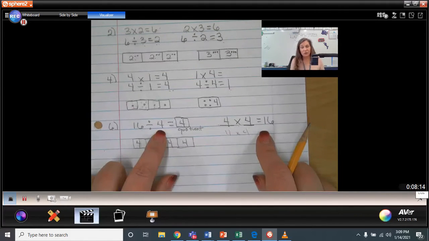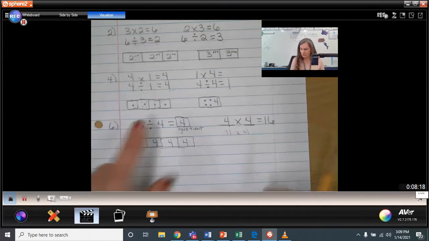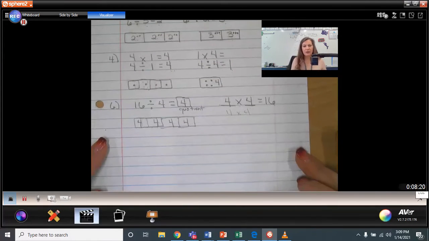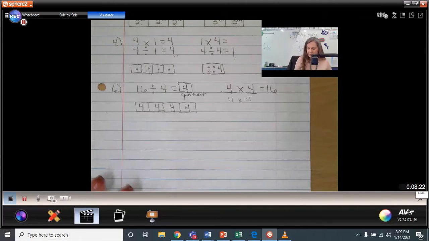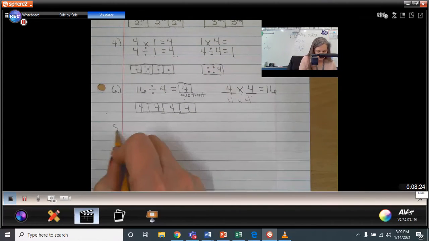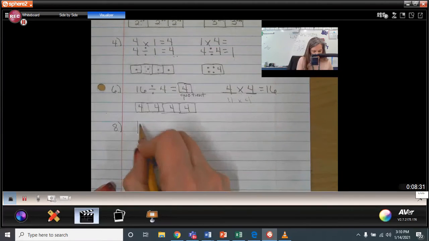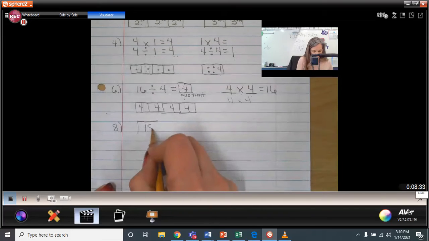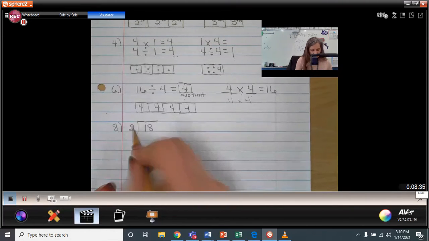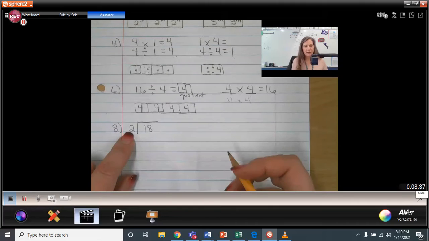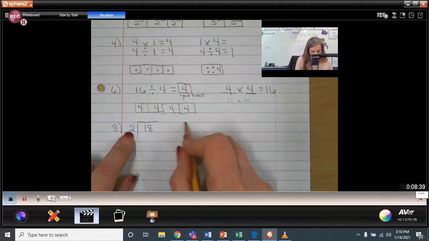Now, it didn't ask you to do a fact family, but it can help you. It's really going to help in a manner of speaking. So number 8 is a little different than what we normally see with division. It's actually going to have the 18 as your total, and you're going to put it into 2 groups evenly. So if I were to do that,